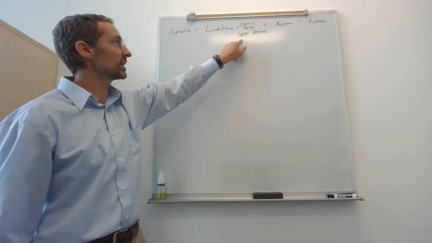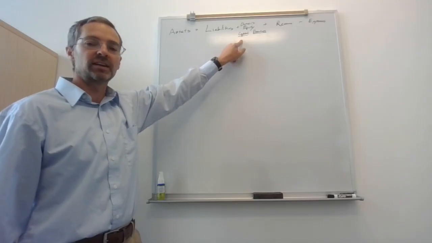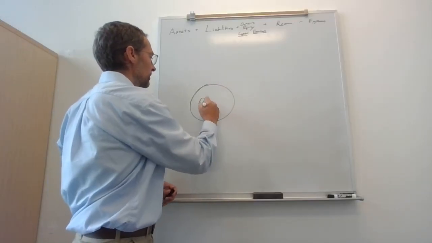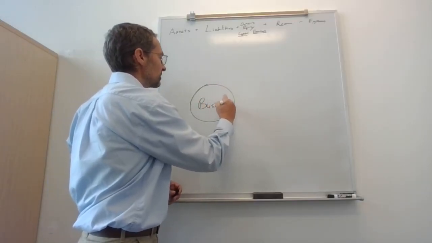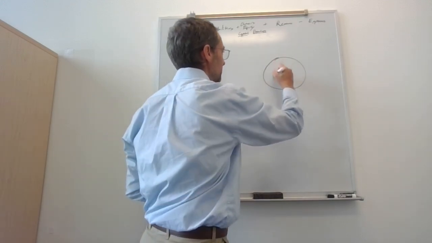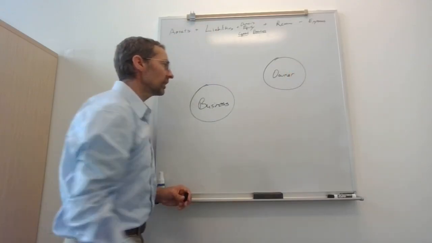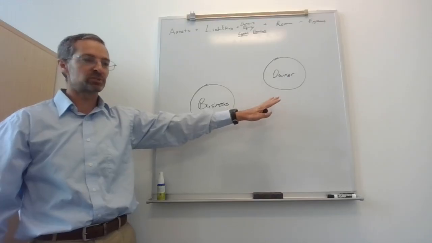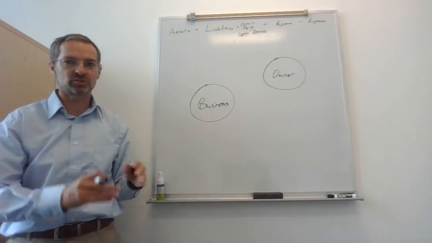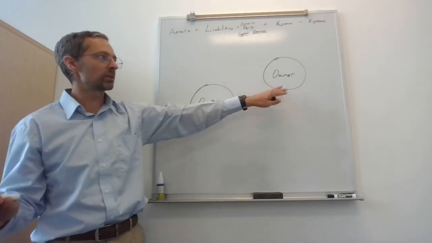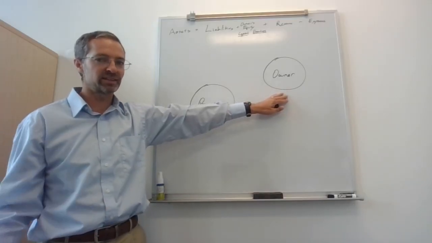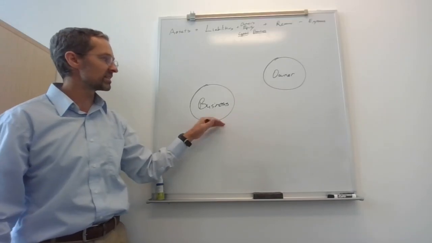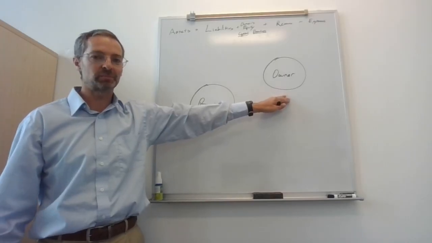So capital, again, is if an owner puts money into the business. I'm going to illustrate this. Here's the business. Here's the owner over here. Now, in accounting, this is called the economic entity assumption, is that the owner and the business are two different things. So we don't care what the owner does with their money. They could be buying groceries, buying a house, buying a car.